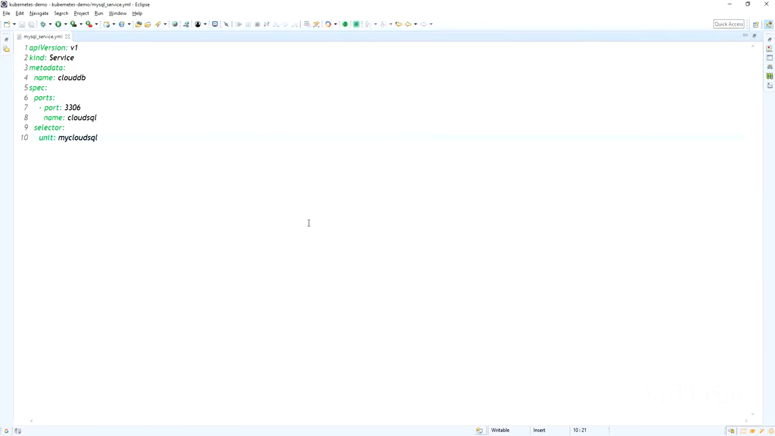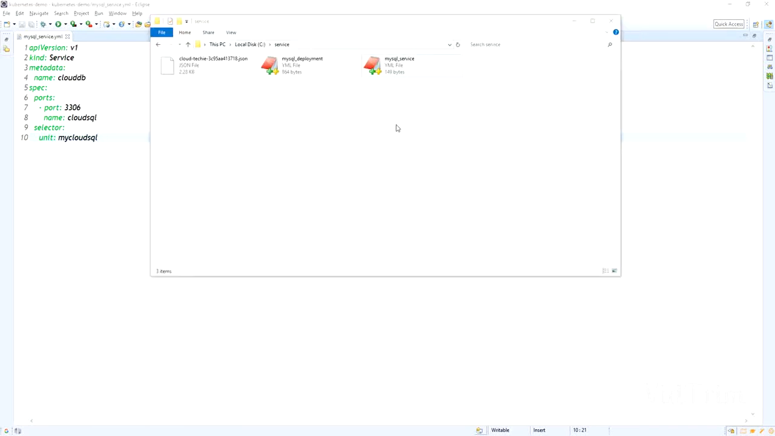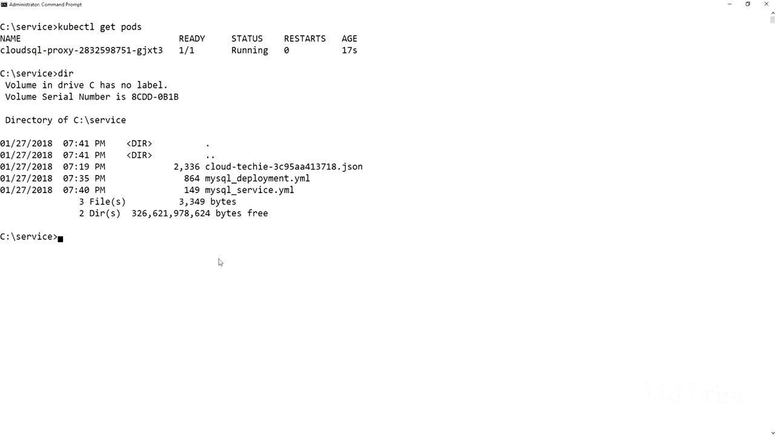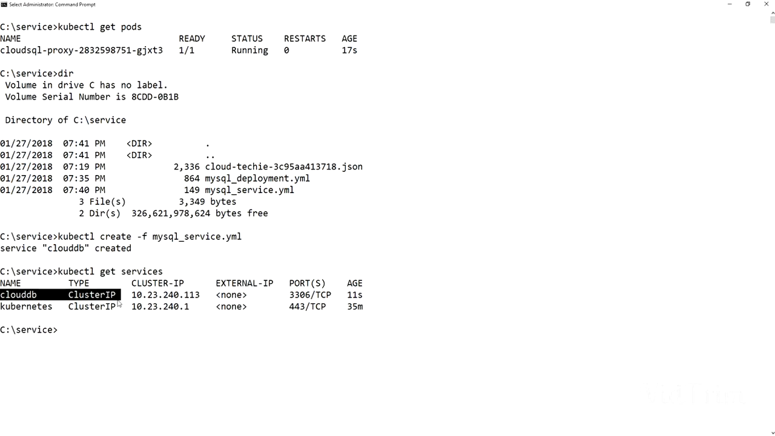So this is the MySQL service YAML file we created. This YAML file is available under the service directory on my machine. Look here, I created the file mysql_service.yaml. Now I am going to run this service YAML. The command is kubectl create -f mysql_service.yaml. It will create a new service to access the Cloud SQL Proxy pod. If you want to connect to the Cloud SQL Proxy, you have to use this service name as the host,